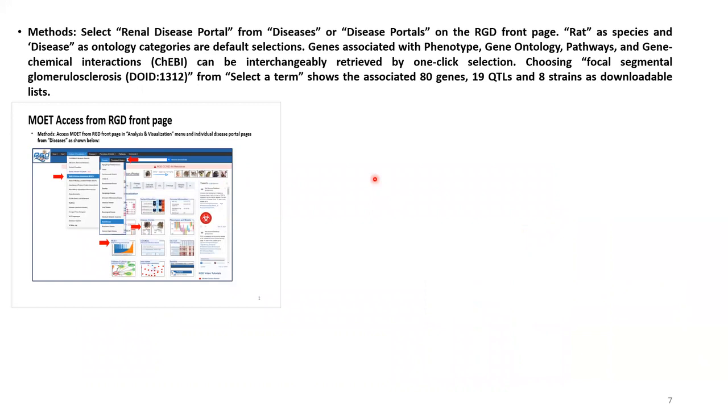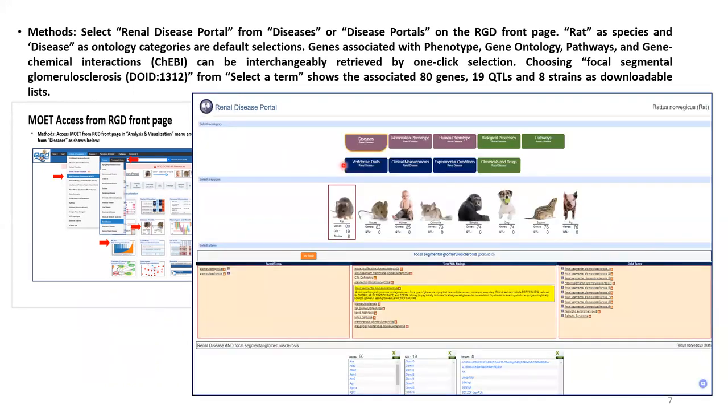Another way to reach MOET is from the RGD disease portals. For this example, select renal disease portal from diseases or disease portals on the RGD front page. Rat as species and disease as ontology category are default selections. Genes associated with other ontology categories and other species can be interchangeably retrieved by one-click selection. Choosing focal segmental glomerulosclerosis term from select a term shows the associated 80 genes, 19 QTLs, and 8 strains as